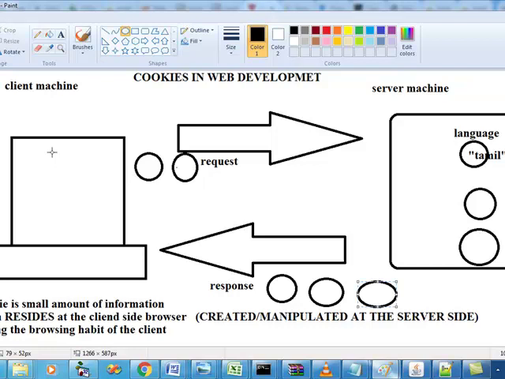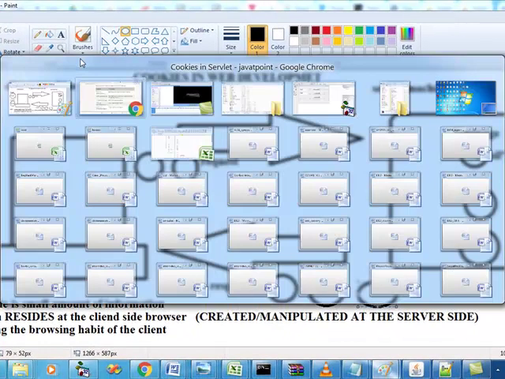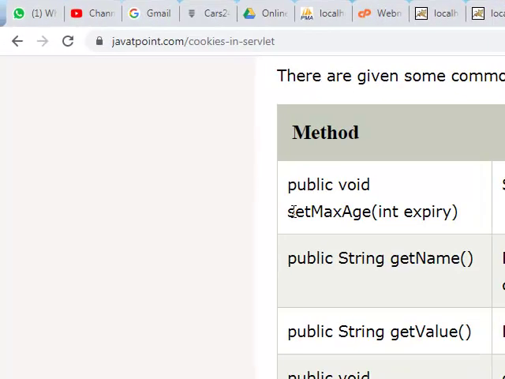If I set 3600, 1 hour. See, these are the functions. Which is the function? setMaxAge, right over here.